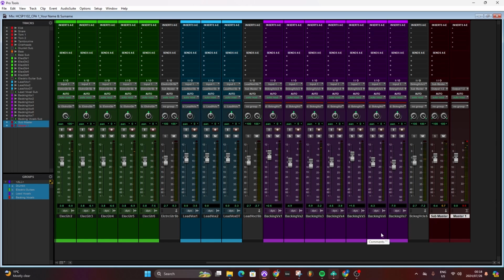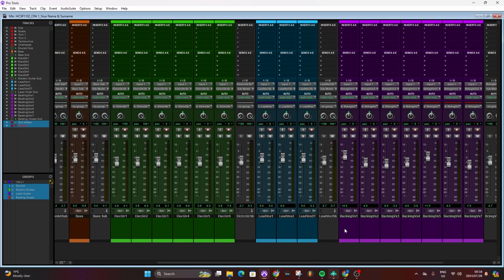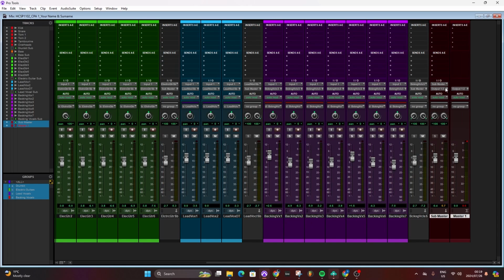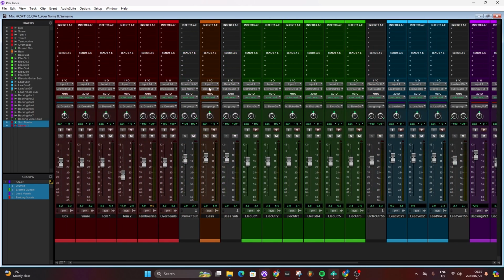So what is actually happening now in our session? Basically, for all these tracks, for example, drum kits, they go out of these outputs into this one, which is our drum sub, and out of this drum sub into our sub master right here. Same thing with our bass, going out of here into there, into the bass sub, out of the bass sub